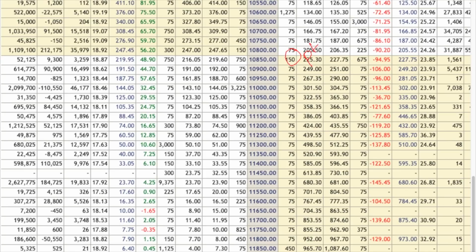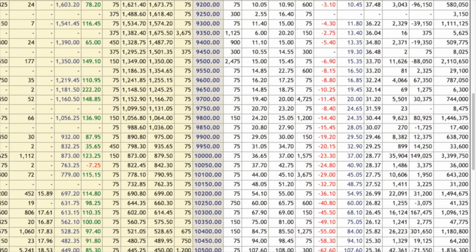For identifying strikes where there was significant option unwinding, we have to identify those strikes with a negative change of open interest. It is evident that on the call side, there was significant unwinding at 11,000 and then 11,800 levels. And on the put side, significant unwinding was seen at 9,200 and then 9,500 and then 10,500 levels.